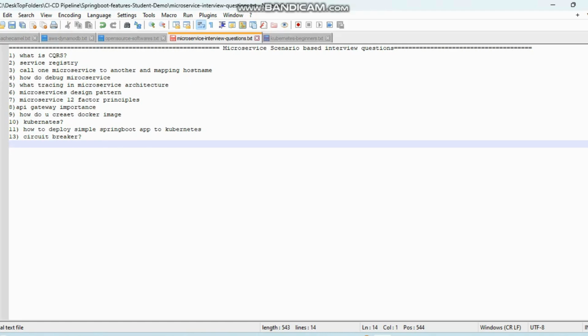If you search on Google, you will get to know how to implement CQRS with the event sourcing pattern. You can check the implementation details. They will tell you how you can do that. They will create a domain object, and you can check how we can do that. That's called CQRS.